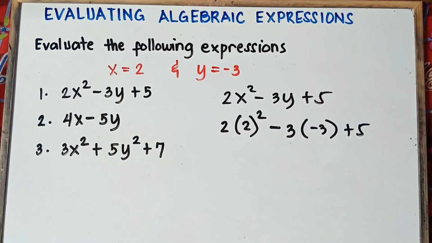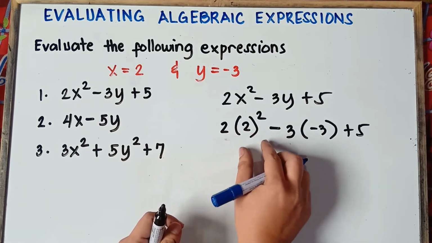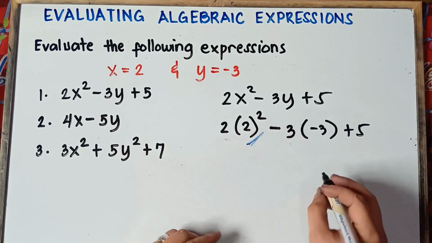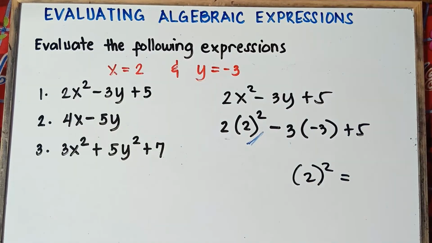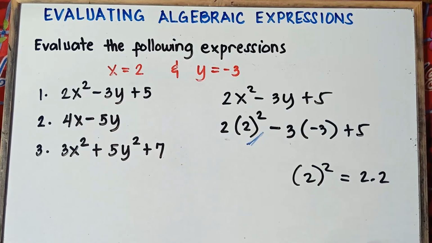Alright, and then once again, do not multiply this one, class. Do not multiply 2 and 2. Parentheses and exponents come first. You simplify this one first, class. So parentheses, then exponent. What would be the answer, class? 2 raised to the power of 2. That's correct. It means you multiply 2 by itself twice. So this will be 2 times 2. And 2 times 2, that would be 4.